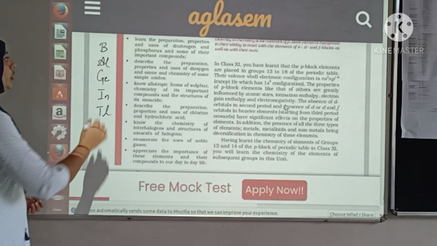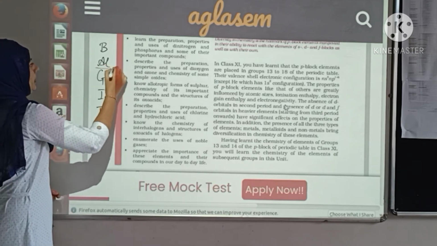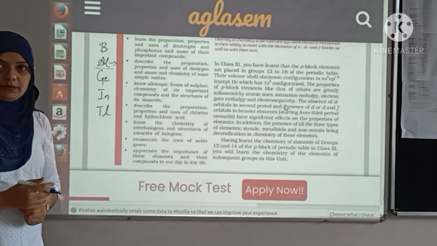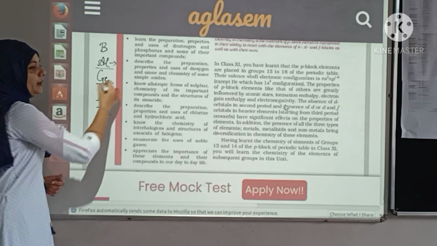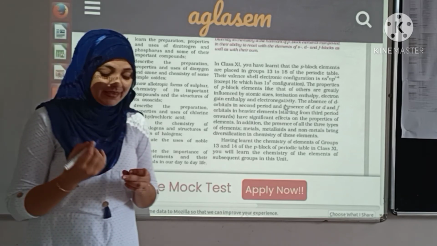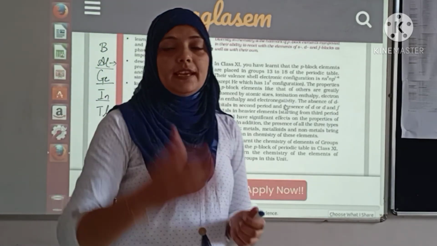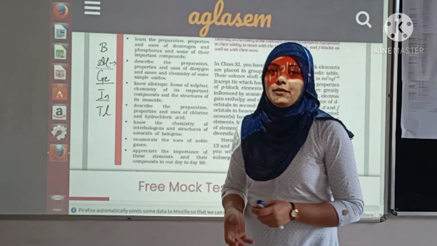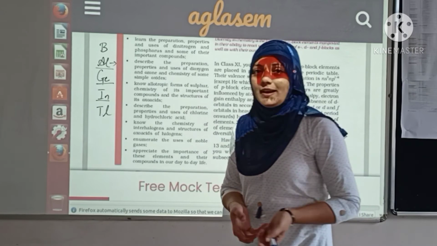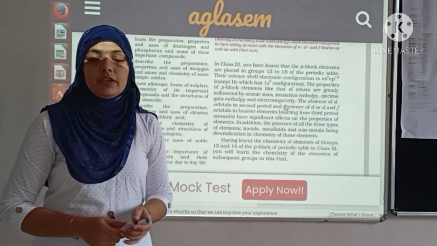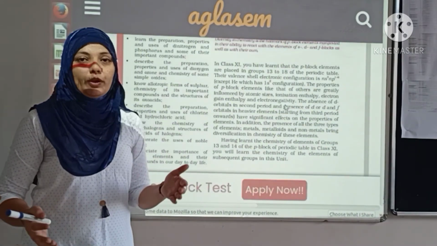Now dear student, if you talk about aluminium, aluminium is a metal. But germanium is a semi-metal. So the question arises that in one particular group you have different kinds of characteristics. Certain are metals, certain are metalloids, certain are non-metals. Because of this, the properties are also going to change.